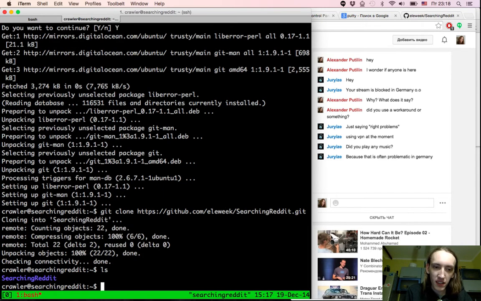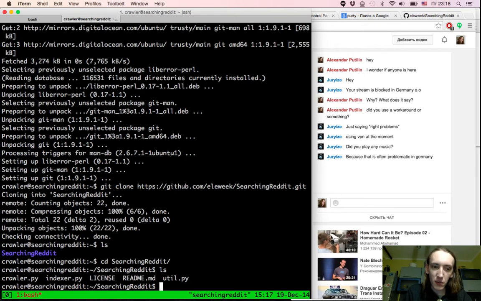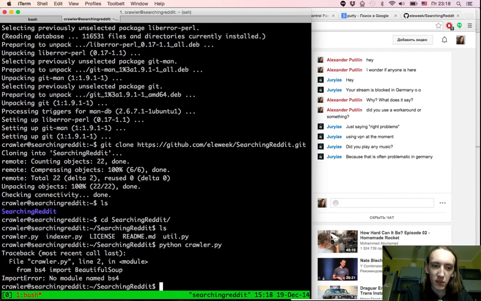Okay, so basically what I need to do now is just launch the crawler, but it won't work because I don't have all the necessary packages installed, like Beautiful Soup. And what I'm going to do now is not just simply install them, but I'm also going to use something called requirements.txt and a virtual